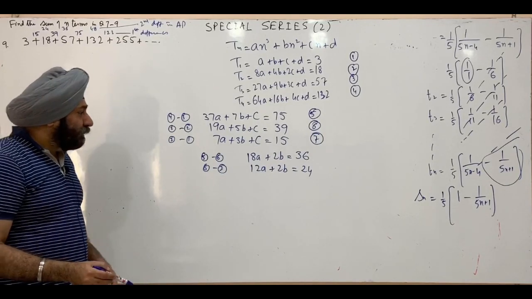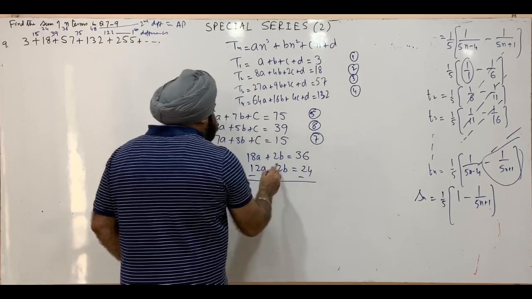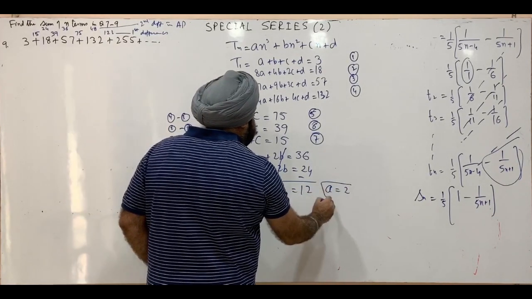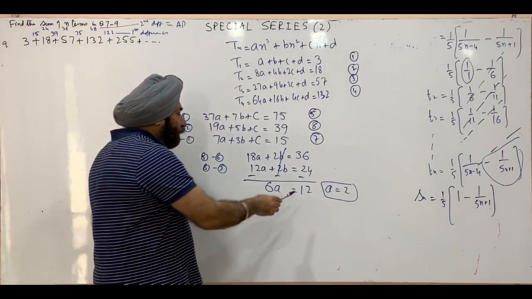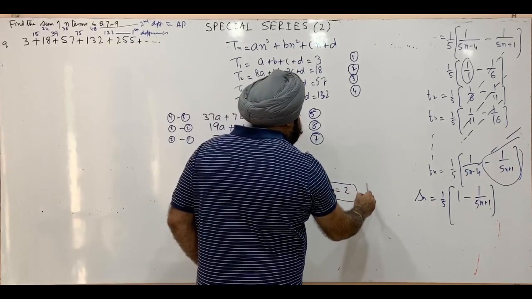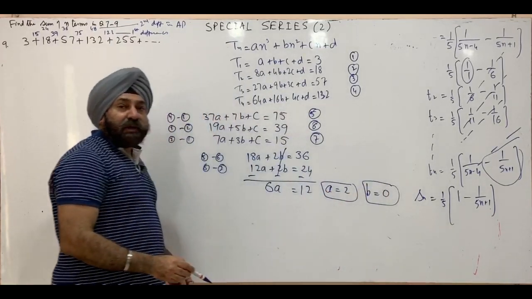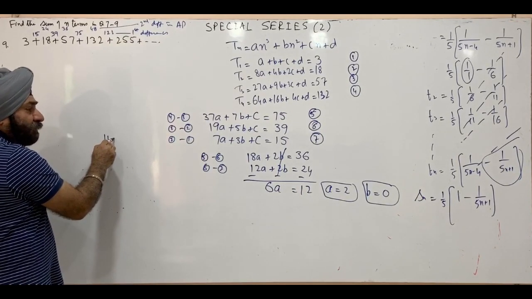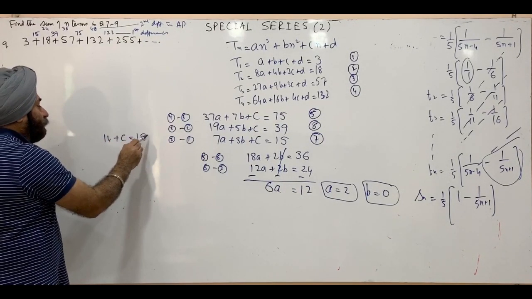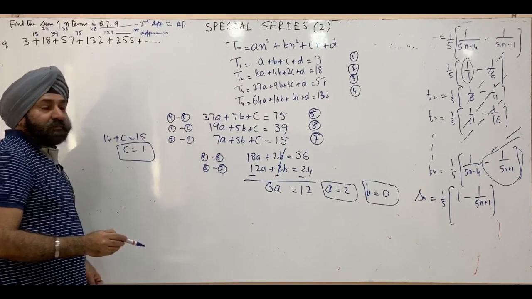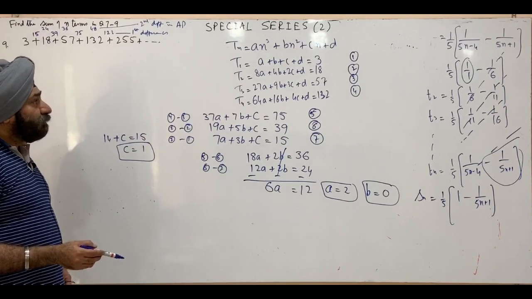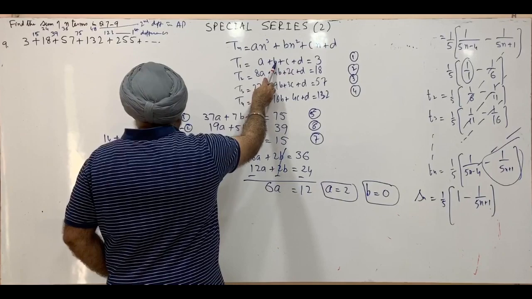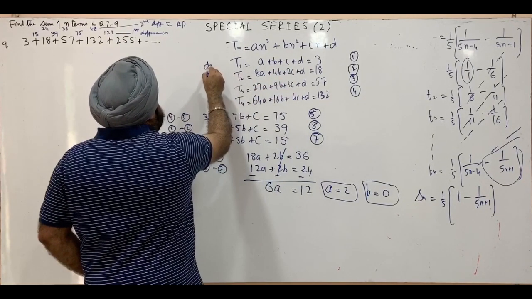Now we have 2 equations in a and b, we subtract. b will cancel out, this is 6a equal to 12, or a is equal to 2. And we put a is equal to 2 here to get b equal to 0. We substitute the values of a and b in this equation to get 7 into a, that is 14, 3b will be 0 plus c, and this gives us c equals 1. Now we have values of a, b and c which we substitute here. a is 2, this is 0, plus c, 3, so that means d will be 0.